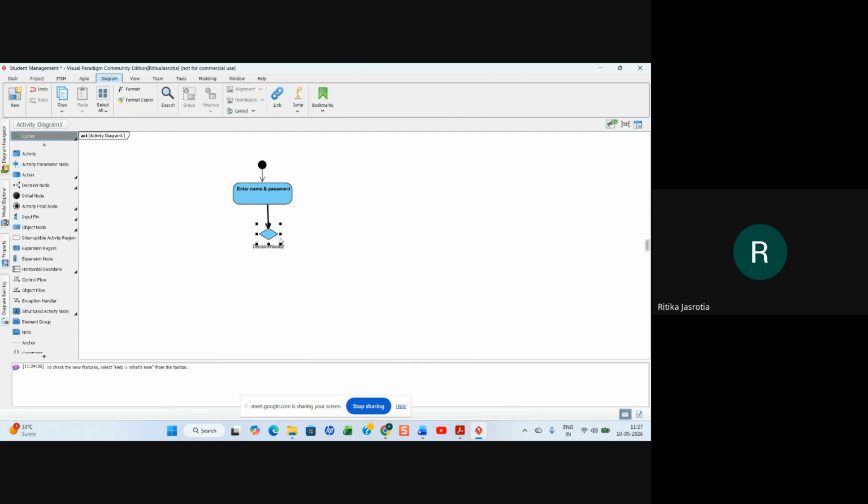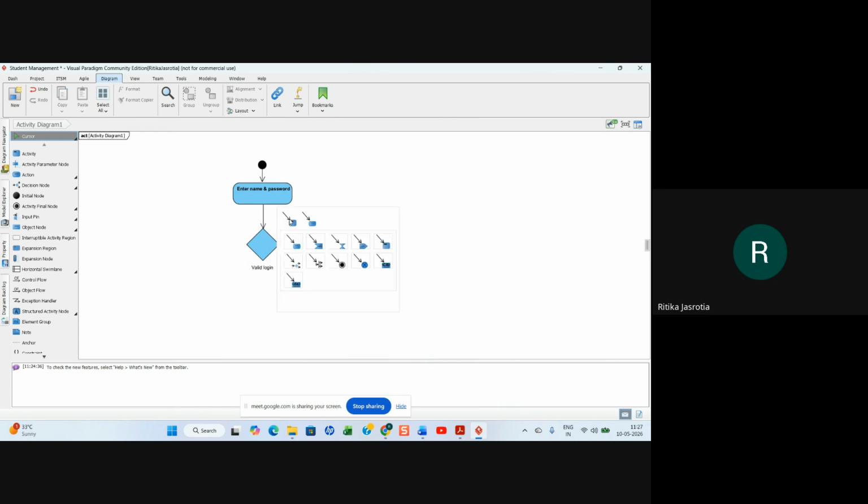You can put whatever decision you want to write here. I'm saying valid login is what we are saying.